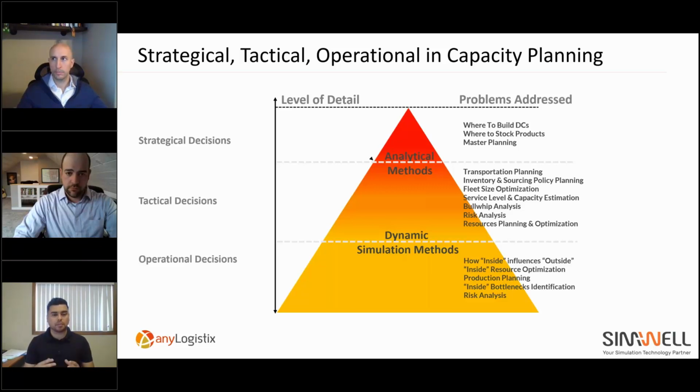The operational level is very important because it can also impact the outside world. As a brief example, you could take a look at a warehouse with 3 dock doors, right? You could run that model 10 years out to find out that in year 7, in the high peak season, that number of dock doors in that layout contributes to a bottleneck, impacting your throughput. This is how the operational level, or even the number of forklifts or customers, can have an impact. Today, since we have time, we're going to go into a demo and show you how operations can impact the outside world.